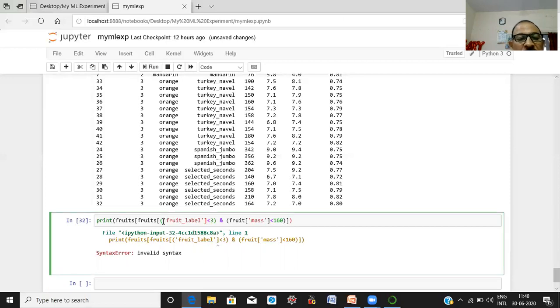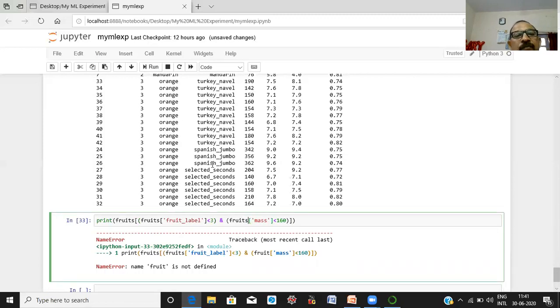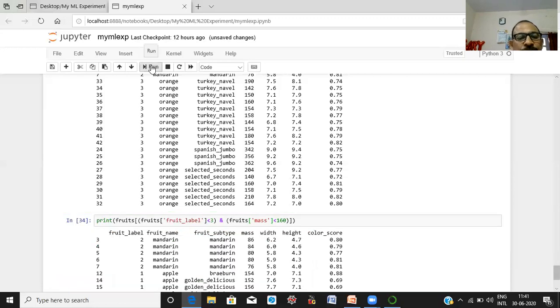Okay, instead of this, there is a syntax error here at this place. I think now it is okay. Food is not defined here. You can see here, write fruits. Done. Let us see.